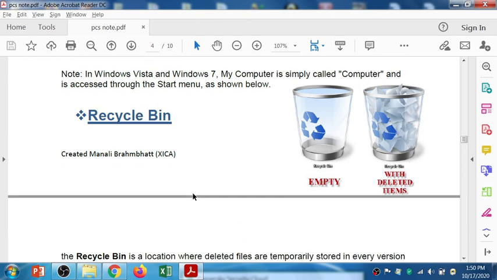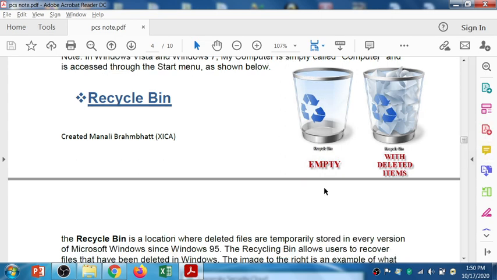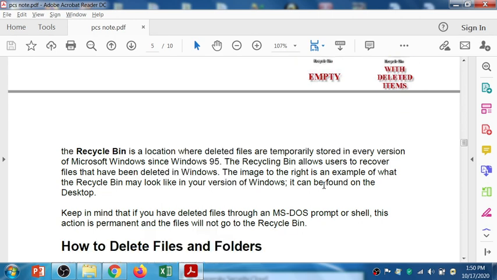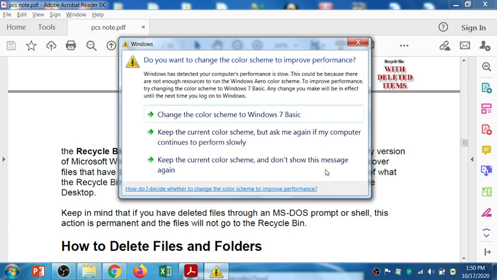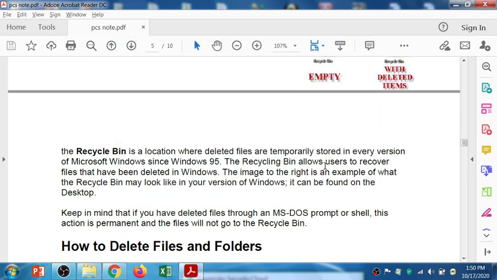Recycle bin is the next topic. So this is the icon of the recycle bin. The recycle bin is what we call the dustbin of our computer, and My Computer is the space where you store all your stuff, your data, right?